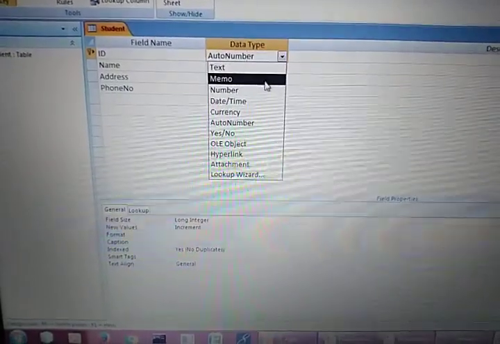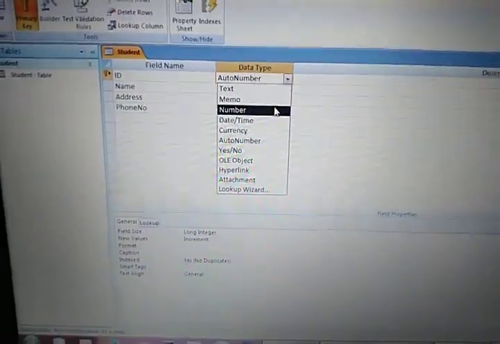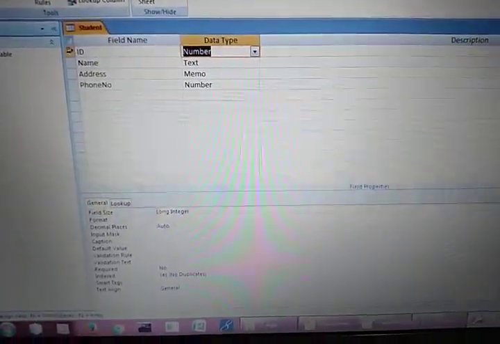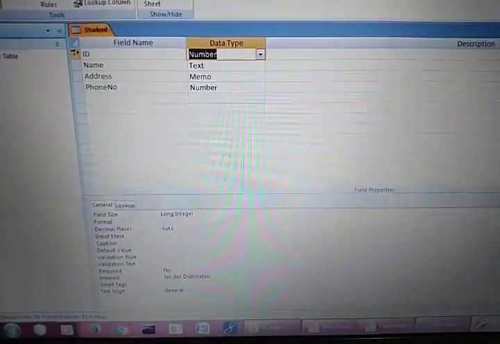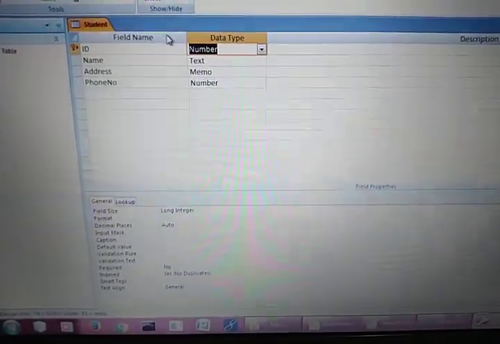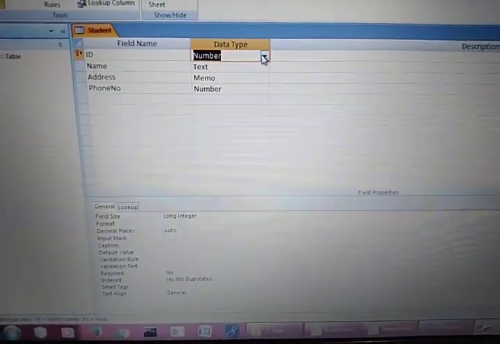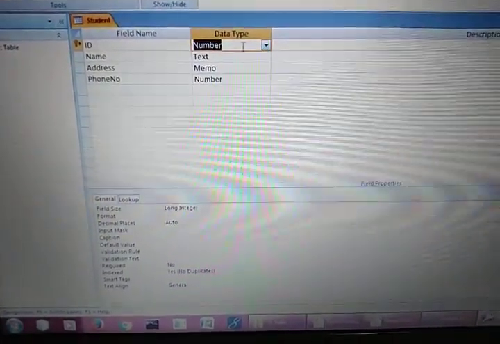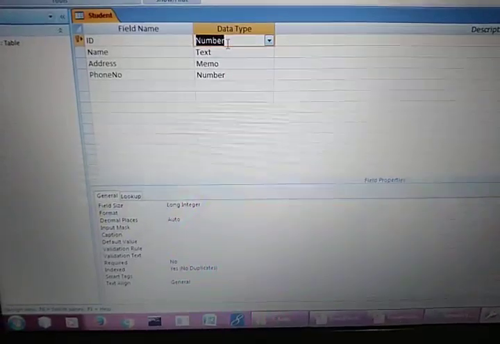If you change it to number, see here I am changing it to number only. This particular key, I will tell you later on, is basically a primary key, but we will discuss it later on. Right now I am just telling you how to remove the auto number from the ID, because by default it is giving auto numbers. So I have changed auto number to number.